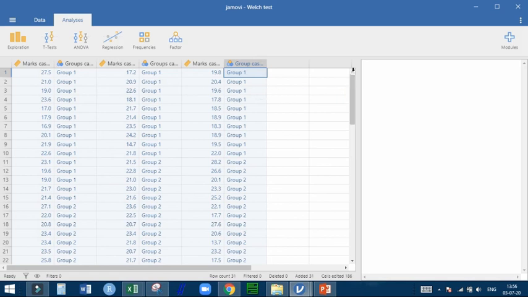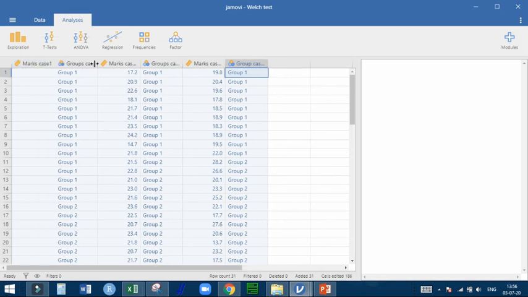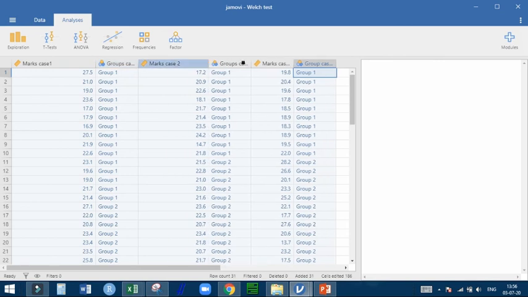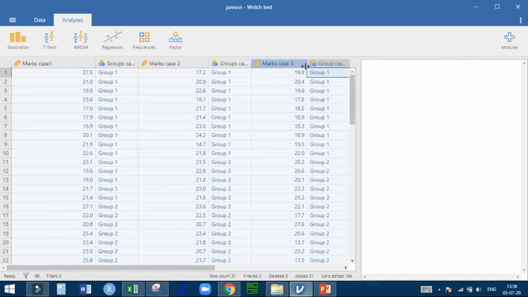Here I have marks of case 1, marks of case 2 and marks of case 3. I will demonstrate all three cases with the independent sample t-test.